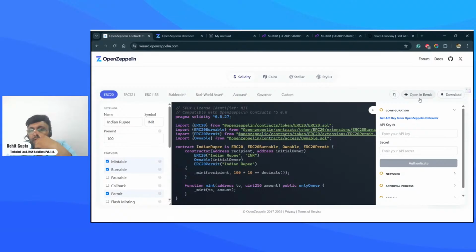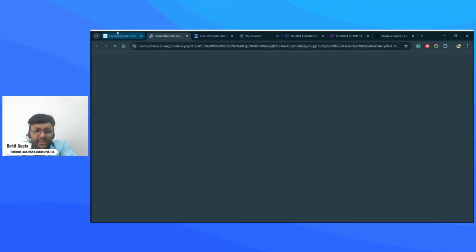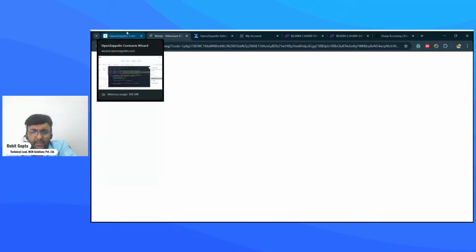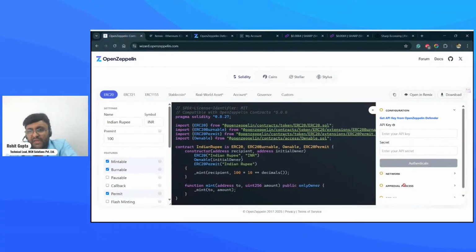By the way, we have Remix. Anybody knows Remix? Can anybody tell me what Remix is? It's a very common thing in Web3. So Remix is an IDE, an integrated development environment, a hosted one. It's more often used when it comes to Ethereum contracts, but now they are going beyond EVM, and probably expect to have Solana or others there.